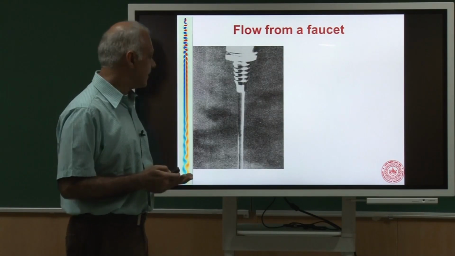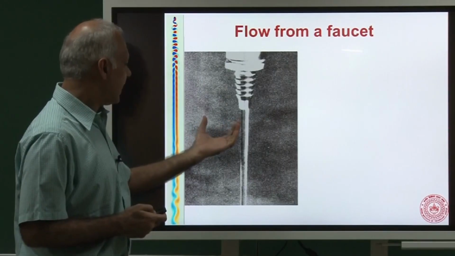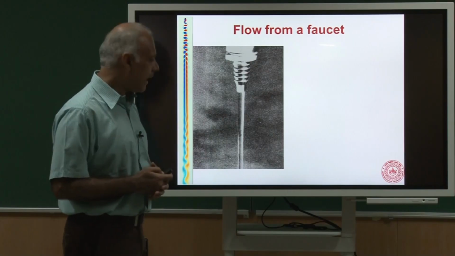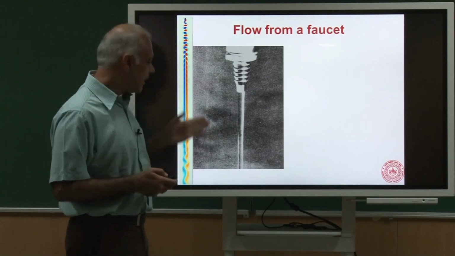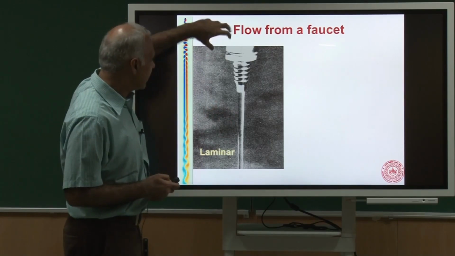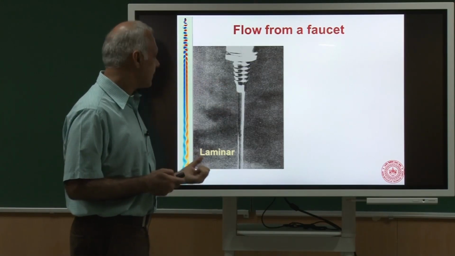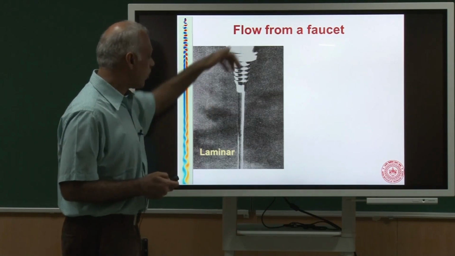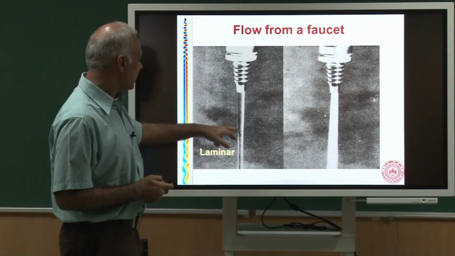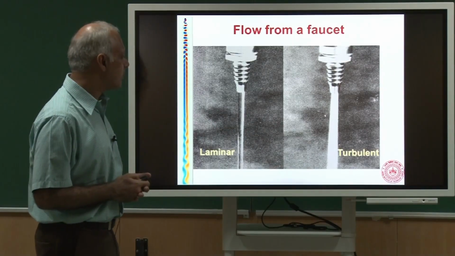Something about turbulence. If I take a tap and I increase the volume flow rate of the water, then at low volume flow rates I get a jet like structure from the tap, and it almost looks as if it is made of glass. I can see through it. So that's laminar. But if I increase the volume flow rate even more, now the water will come out gurgling from the tap, and in fact it would entrain water from the side and you would get a lot of air bubbles like this. So this is a laminar jet and this is a turbulent jet. We are going to study more about this in this course.